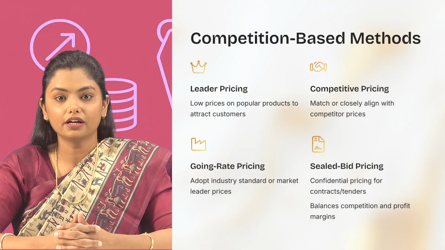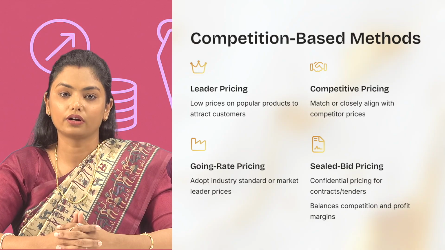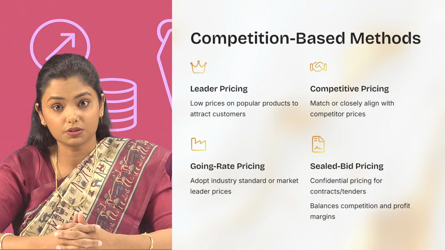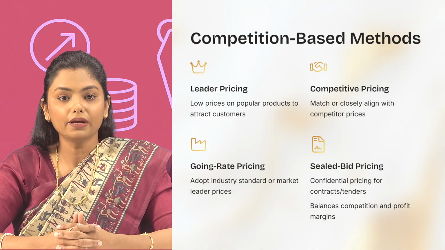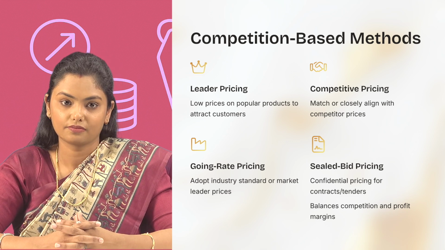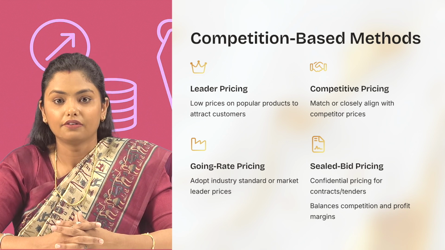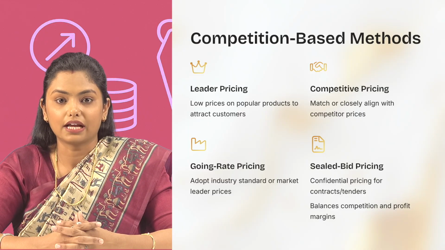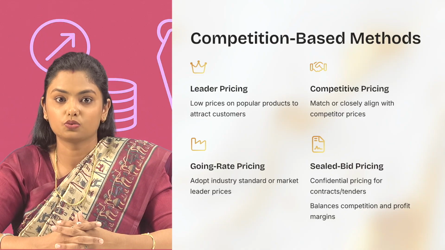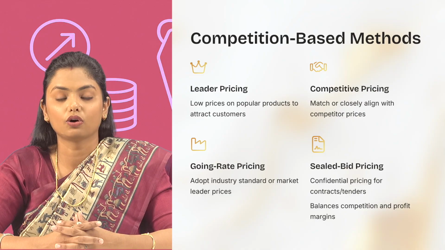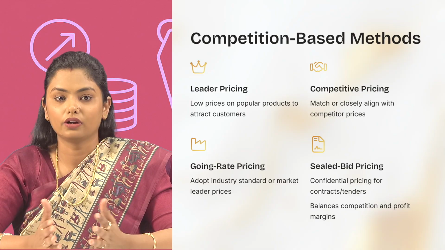Here, a retailer might price a popular product very low, sometimes even at a loss, to attract customers into the store, hoping they will buy other more profitable items. For an example, Reliance Fresh might sell onions or potatoes at extremely low prices to attract footfalls into its store, hoping consumers will also buy other items like FMCG goods at their regular prices.